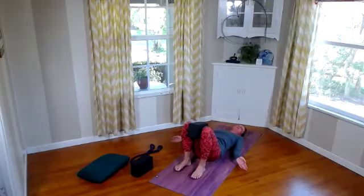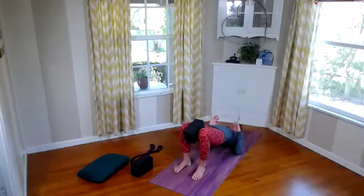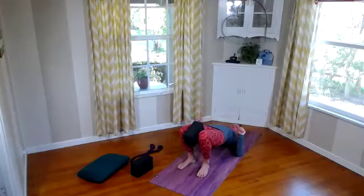Very nice. All right, we're going to lift and hold. So holding here at the top, holding here in this bridge, and we're going to hold here for about 7 or 8 breaths. We'll be here for a little while. So if you want to take your shoulders underneath you even more, or walk your feet even closer to your glutes, feel free to do that, because we've got some time here just to hold this strong bridge